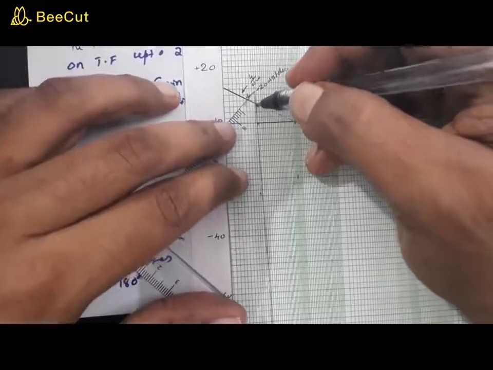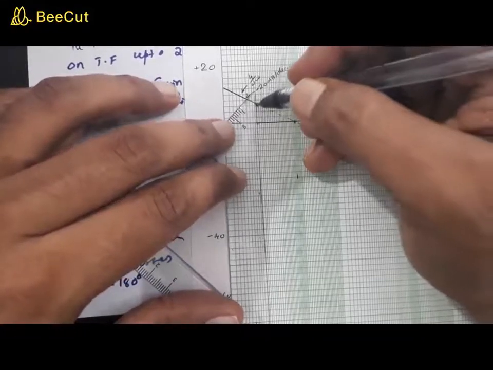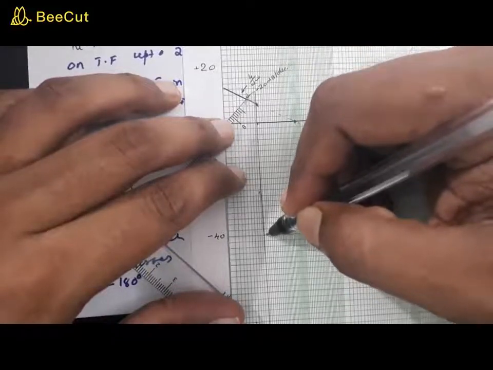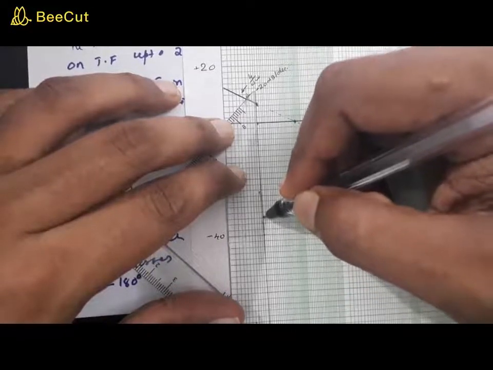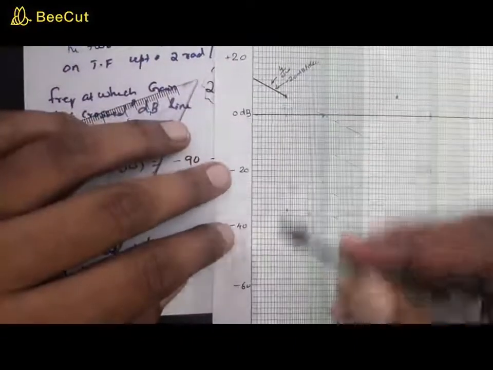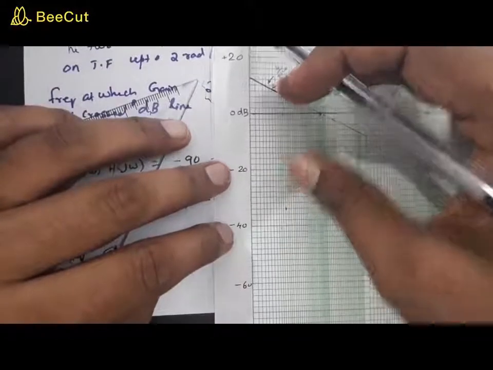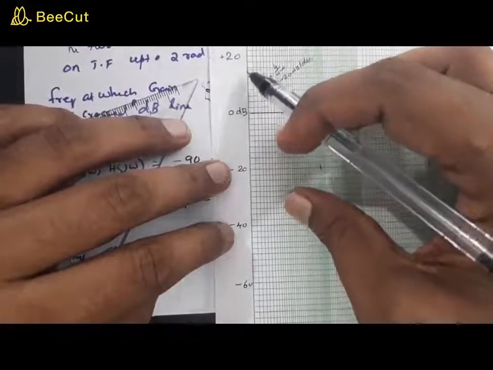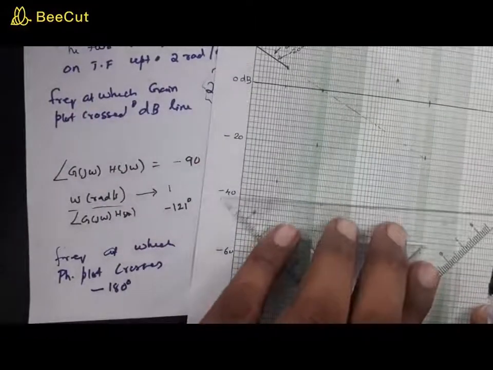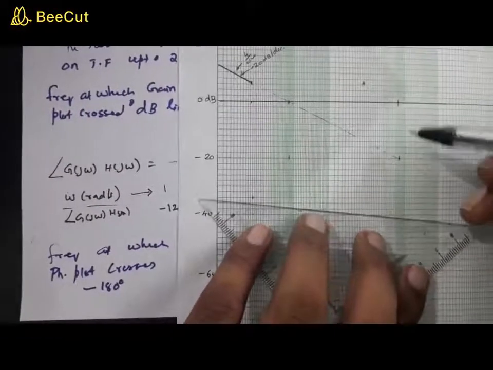So if you can count that much value, 1, 2, 3. So this must be what? This must be 40 dB difference, right? So this is 20, this is another 20, so altogether 40, and the corresponding point will be,